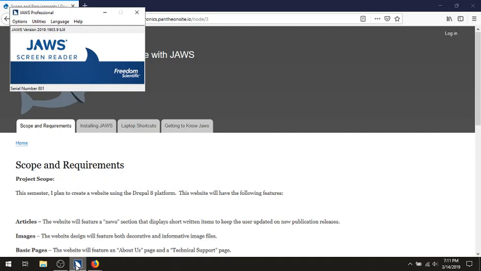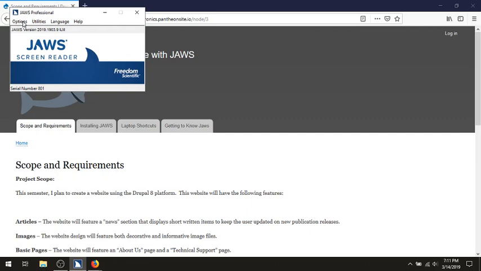A major component of using JAWS is the use of keyboard shortcuts, and there is a specific key modifier called the JAWS key. For desktop computers, by default, the JAWS modifier is mapped to the insert key. That insert key is usually in an awkward place on the keyboard when you're on a laptop. So when you're in laptop mode, the JAWS modifier key is mapped to the caps lock key. I probably have already set that up on this machine, but I'm going to go ahead and show you